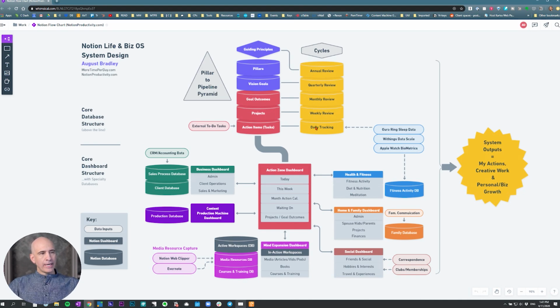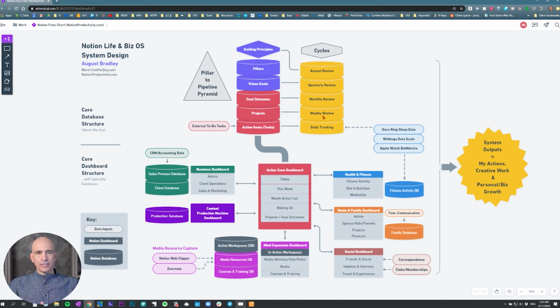Essentially, the daily tracking, which is measuring the metrics that we've decided are important to quantify whether we're moving closer or further away from the things we want to achieve. That's not so much a review, that's just daily tracking, but it does fit within the stack because that's the daily record. The weekly records, monthly records, quarterly, and annual are reviews on those periods.